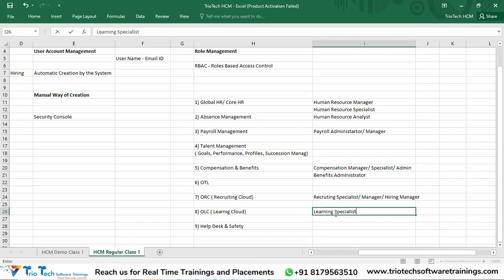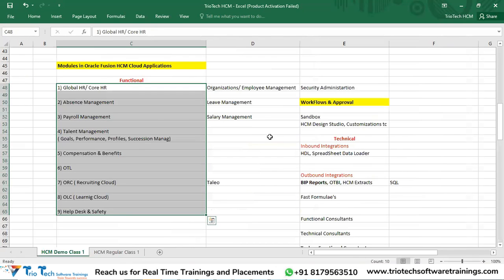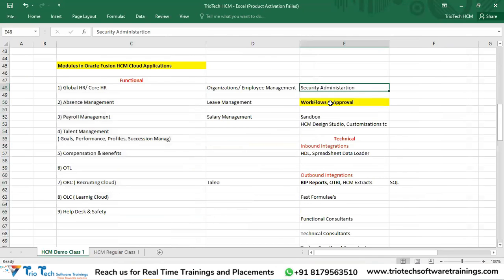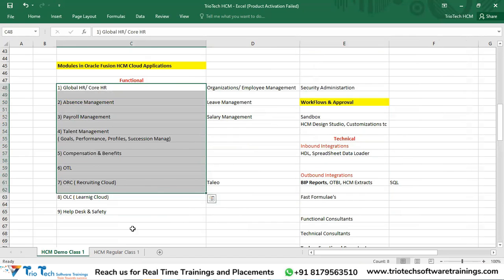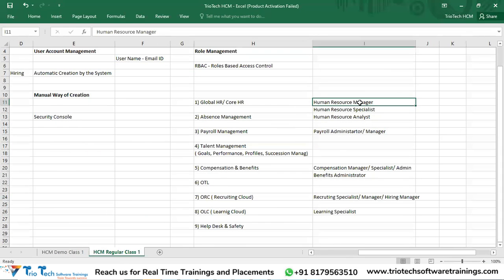Then for help desk, you have help desk related roles. For every functional area in the system, for every module, and for security, workflow, sandbox, integration, reports, Oracle delivers certain standard roles in